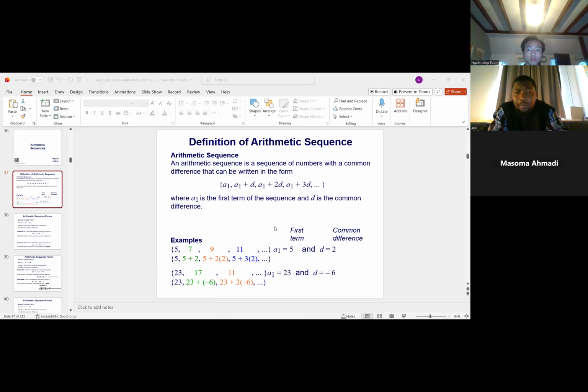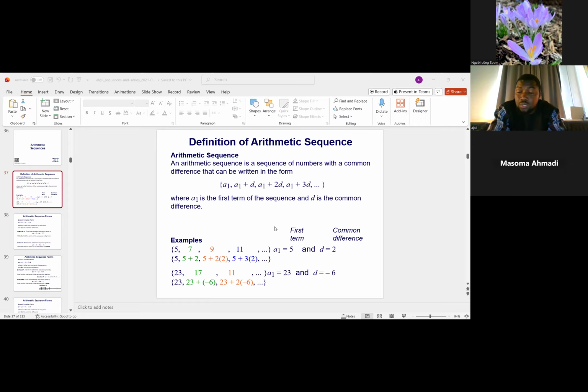I will give you an example of a sequence which is not arithmetic. For example, the sequence we discussed last time, perfect squares. 1 times 1 is 1. 1 is a perfect square. 2 times 2 is 4. 4 is the second perfect square. 3 times 3 is 9. 9 is the third perfect square. 4 times 4 is 16. 16 is the fourth perfect square. If I continue that sequence, the fifth term will be 25, 5 times 5. The sixth term will be 36,